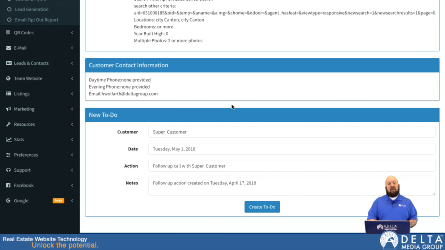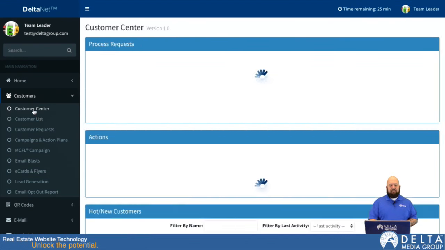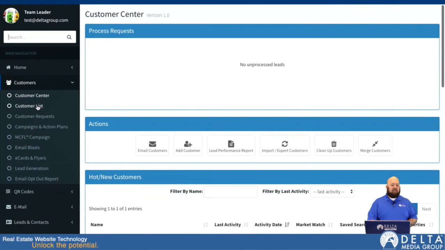If I had sent an email, it would have sent an email to that customer on behalf of the team account. So in the from address and the branding on the email would have all been that of the team and not a specific agent. There we go. So now that I've processed that lead, it's not in my process request box anymore because it's no longer unprocessed. But if I go down to my customer list,